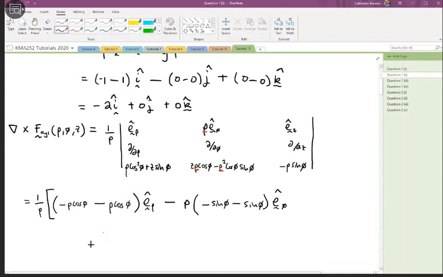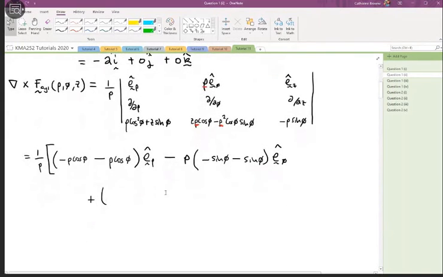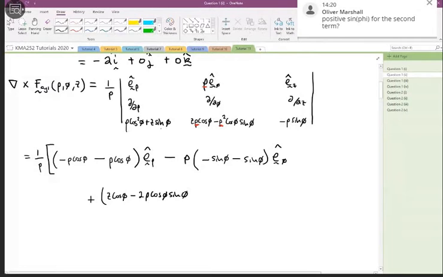And then the final term is we differentiate this by rho, so we get z cos phi minus 2 rho cos phi sine phi. I'm not sure what I said there, but we're differentiating by rho. I think I might have said phi. And then we differentiate